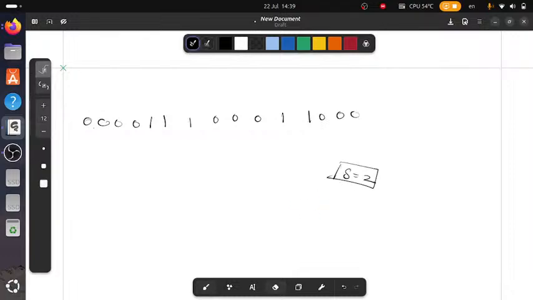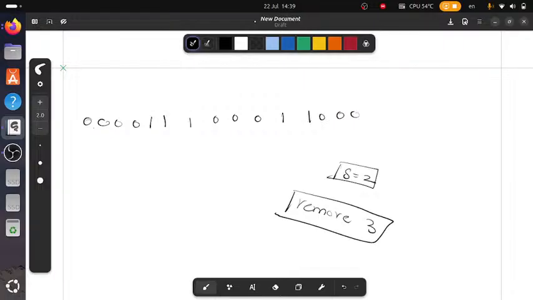We are supposed to remove 3 ones from this array. And if that is the case, we can see that these 3 ones are the closest from here. However, if we